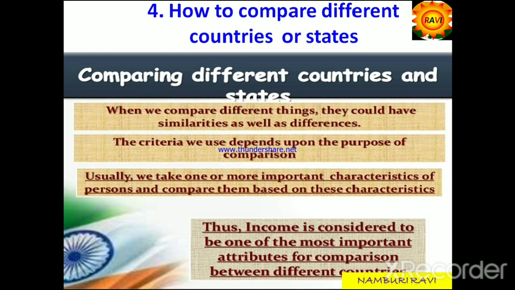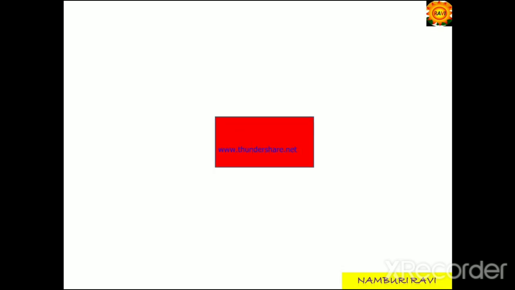And regarding similarities, every country will get some income, but whether it is smaller or greater depends on its exports and imports, and on the population, that is, wherever they are working. If they are educated, skilled and knowledgeable, then the countries will get more income, and it will improve all the facilities in the country, like providing free and compulsory education, drinking water facilities, electricity, construction of roads, construction of dams, and improving the agricultural sector, industrial sector, and service sector. All these basically depend on the development of a nation, that is, the income of a nation.